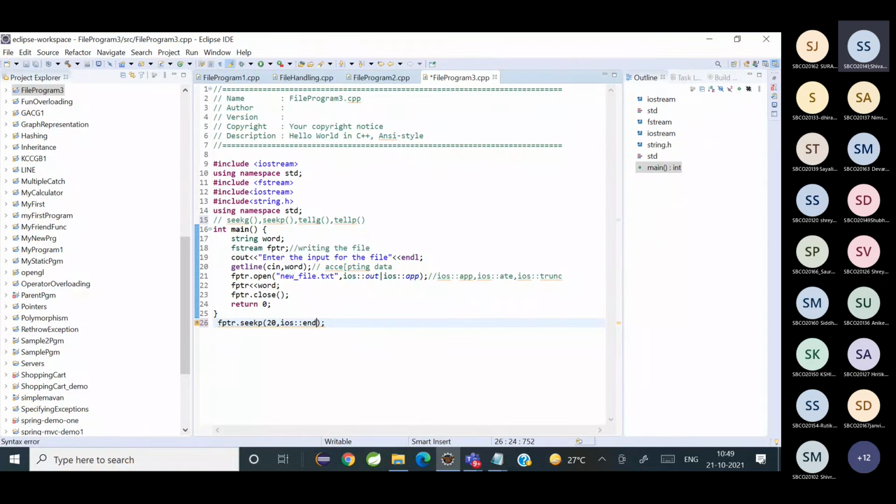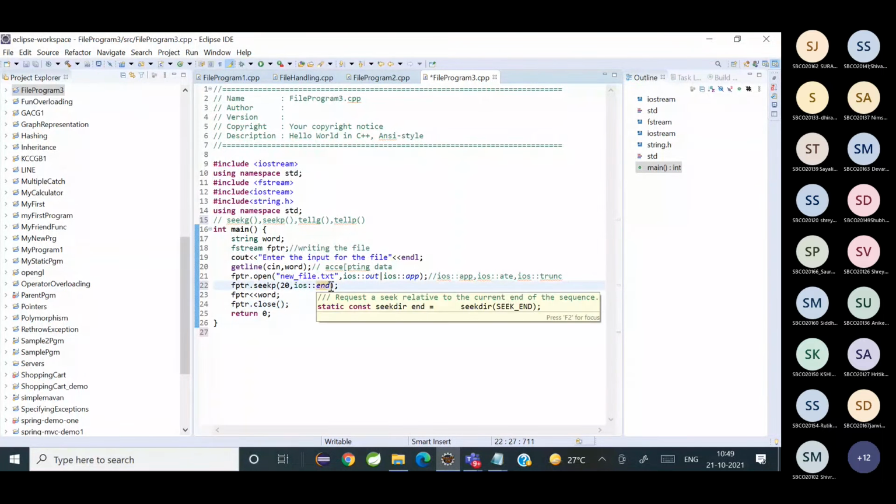Okay, now suppose I add this in our program. I'm opening it in append mode and then I'm saying I want it from the end position, 20 bytes from the end. Let's see what happens here.